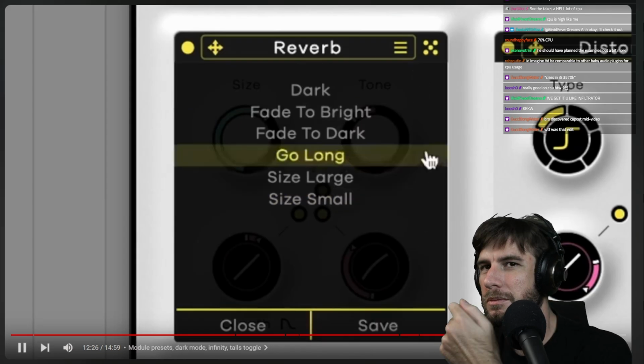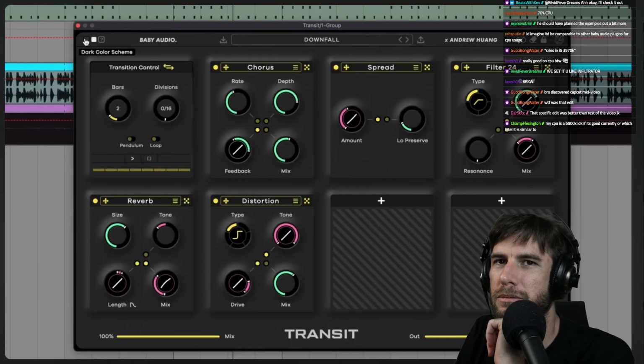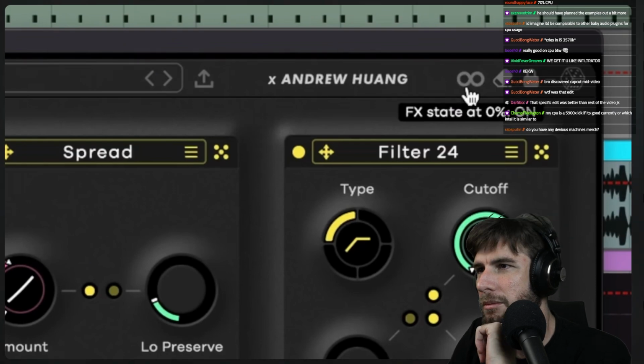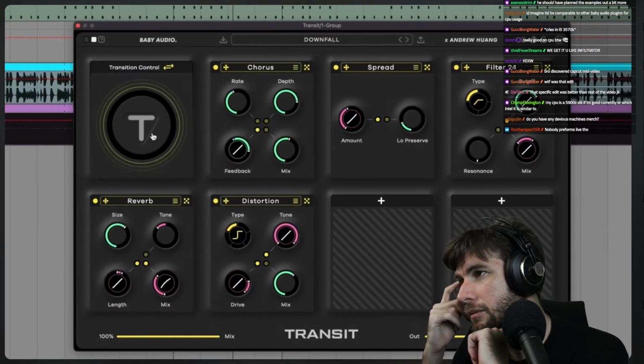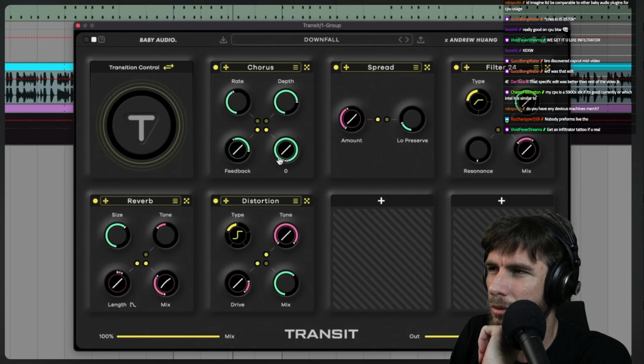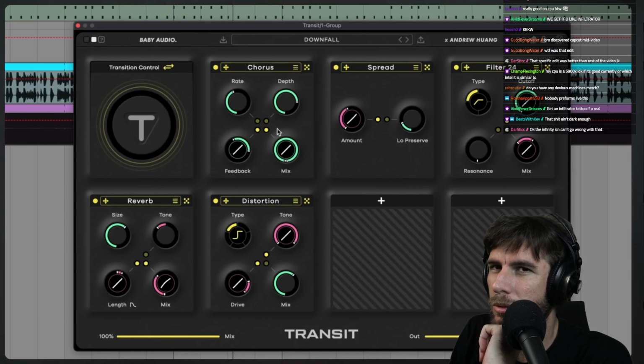That's where you can also create and save your own. And then of course we have a dark mode. And then one other little handy thing to mention is this infinity icon. If you turn that on, it means that when the transition is at 0, all the effects are still applied. Whereas if infinity is off, it means at 0, everything is bypassed. So for some use cases, it doesn't matter, like if you're going to dynamically mix in your effects anyway from 0 to 100 with their individual module mixes. But just for different use cases, sometimes you want all the effects active even when transition is at 0. Other times you might want them off until you start doing the transition.